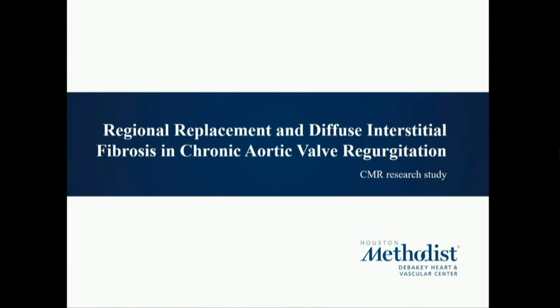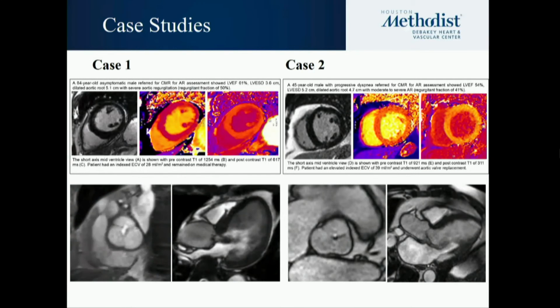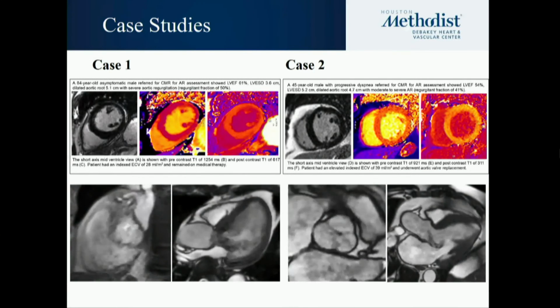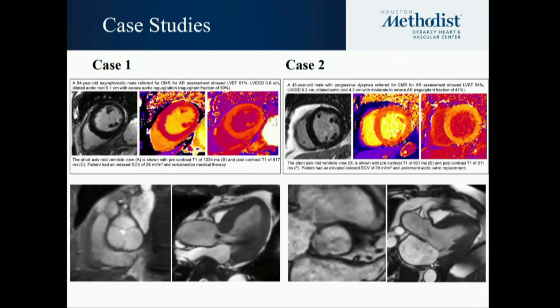And so with that, because there were so many limited studies, with the previous one being about 50 patients or so, we wanted to look at the regional replacement and diffuse interstitial fibrosis in chronic aortic valve regurgitation. So we have 2 patients here, one being an 84-year-old man who